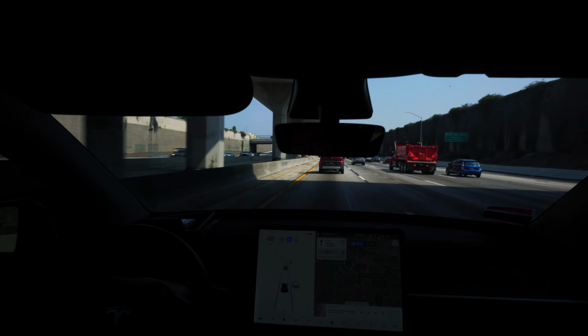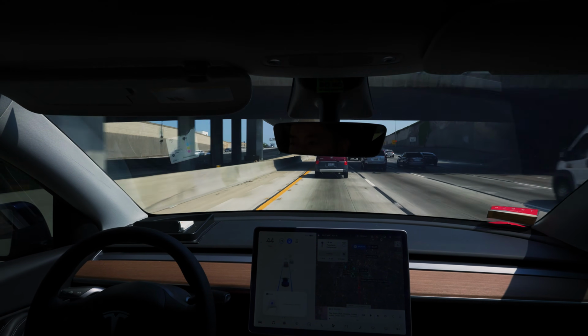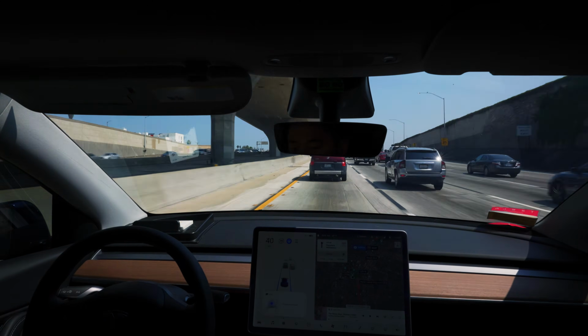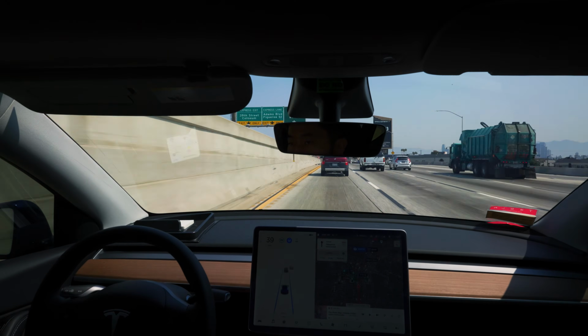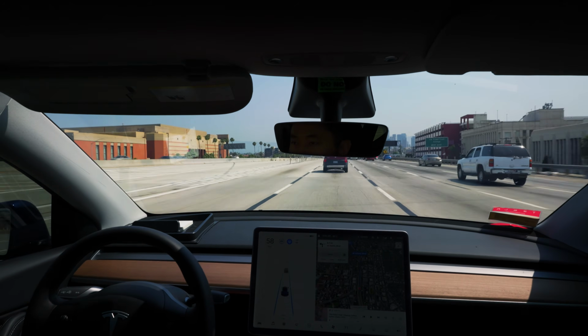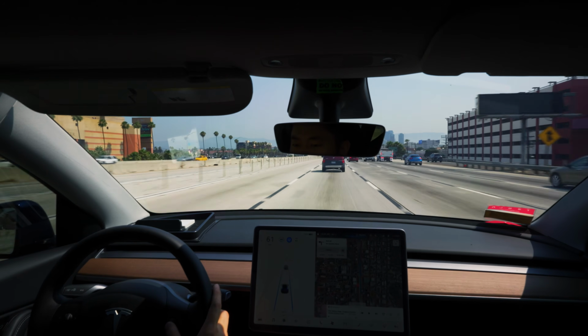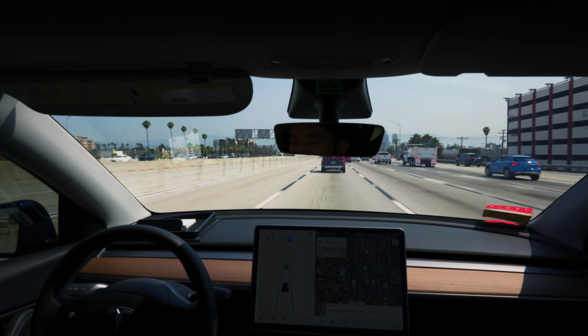Tesla is increasing speed to about 48 miles an hour, just pacing these cars in front of us as we pass USC. Increasing speed now to 59 miles an hour. Speed control setting is still set to 65. Let's go ahead and bump that up, but